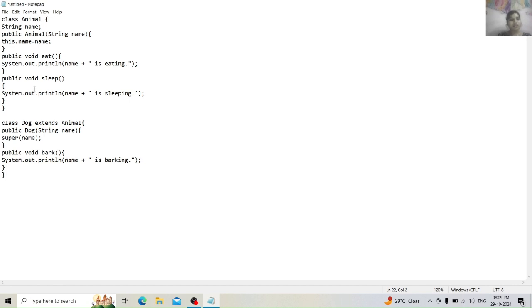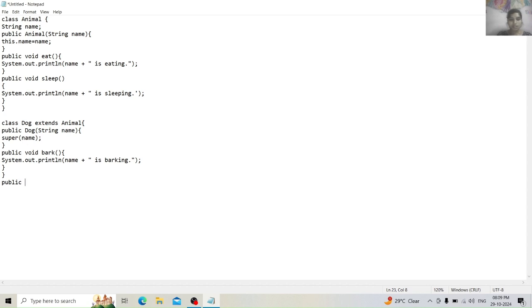Okay, here we have used extends animal in our dog class, right? Here you can see it will tell Java that this dog should inherit everything from animal. Okay, and in the constructor we used the keyword super, right? It is to pass the name to the animal class, setting it up for the inherited properties. And we have added a new method, bark, which only applies to dogs. Okay, so now we need to declare the main method